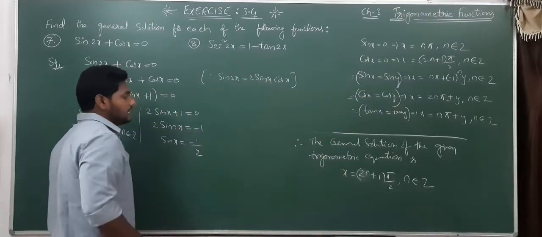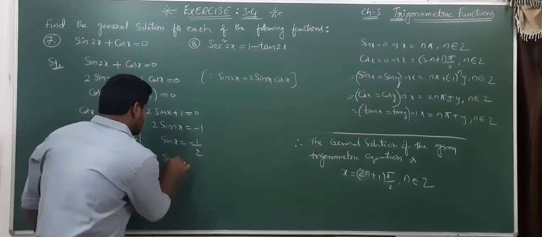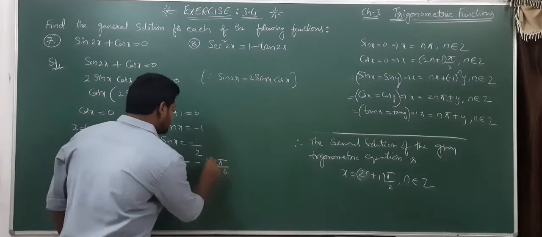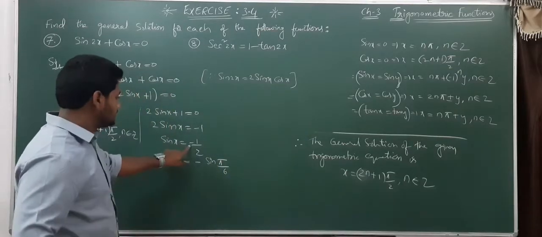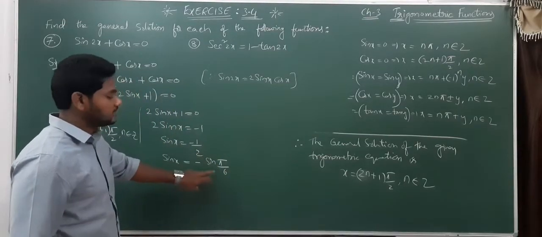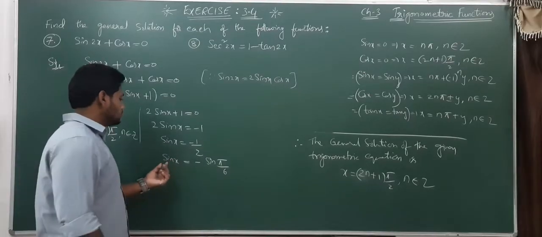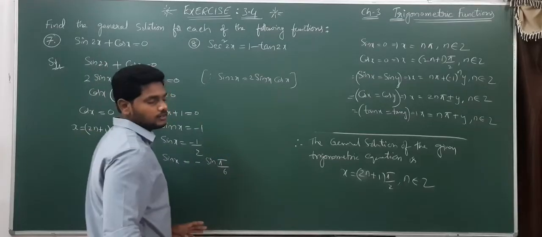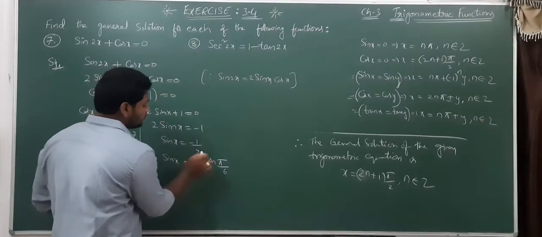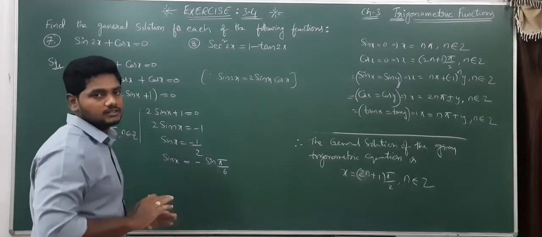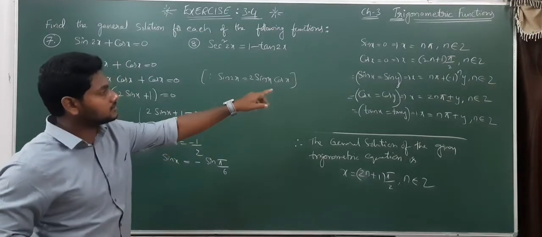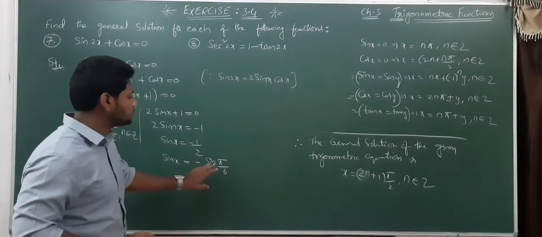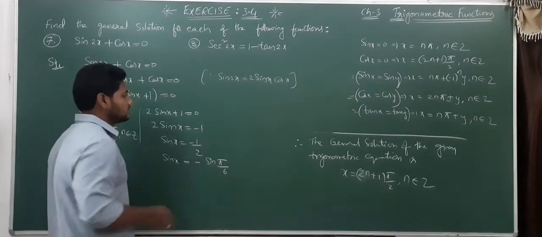See how we need to convert: minus 1 by 2, sin x is equal to minus sin pi by 6. Can we write like this? Minus is separate, 1 by 2 in terms of sin pi by 6. Now are you thinking this is the form of sin x equal to sin y? No, sin x equal to this is in the form of minus sin y. We should not consider that formula. Why? Because this is different, that is different. This is also in terms of plus only. Then how to convert this?